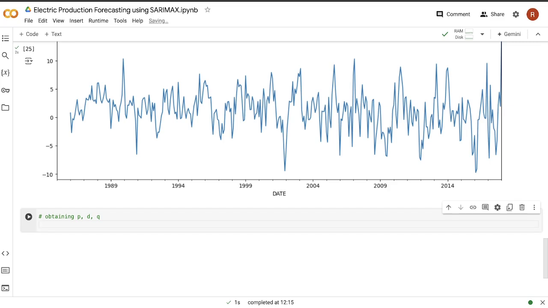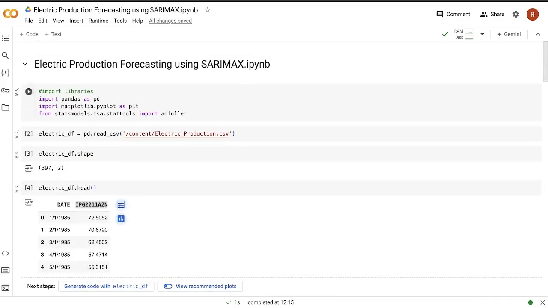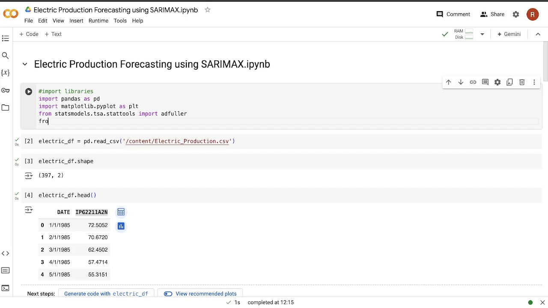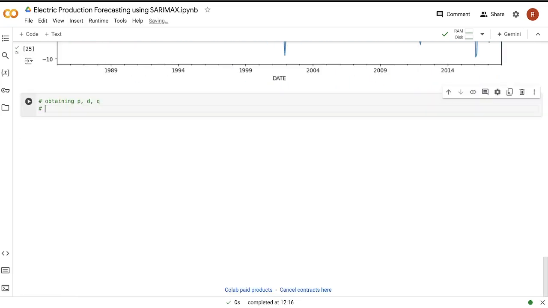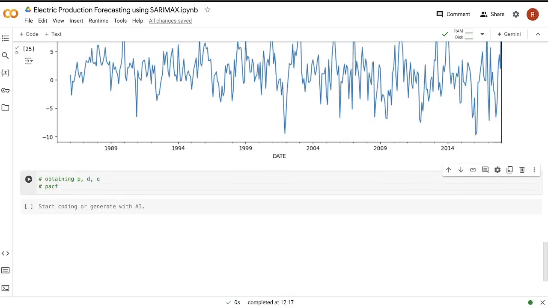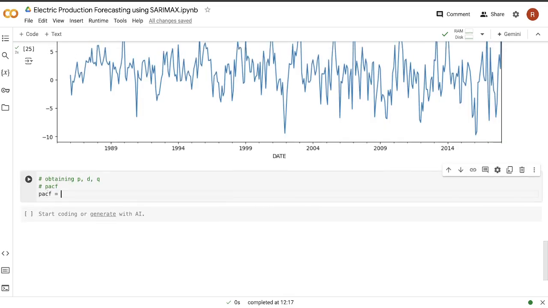Now here we will plot the ACF and PACF plots, and first we have to import them. So let us go and import it. We will say from statsmodels.graphics.tsaplots we will import plot_acf and plot_pacf. PACF stands for partial autocorrelation and ACF stands for autocorrelation. After that, we will plot. First, we will plot PACF. So let us say pacf is equal to plot_pacf,